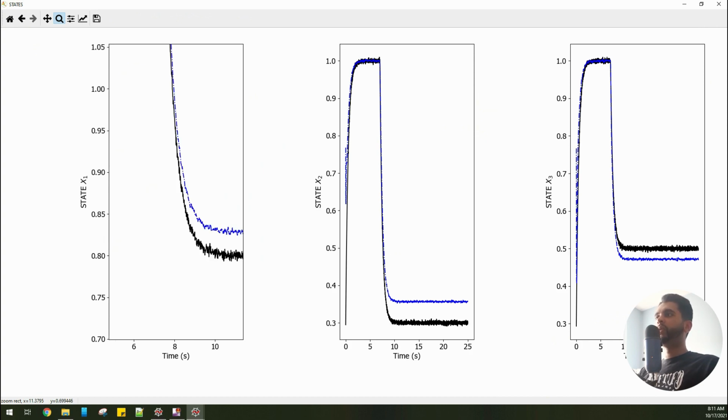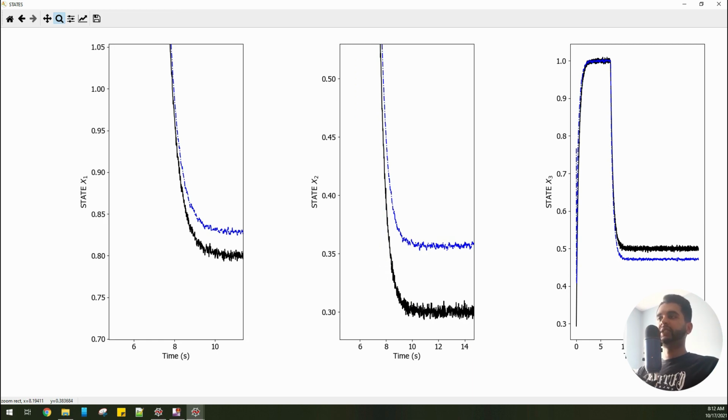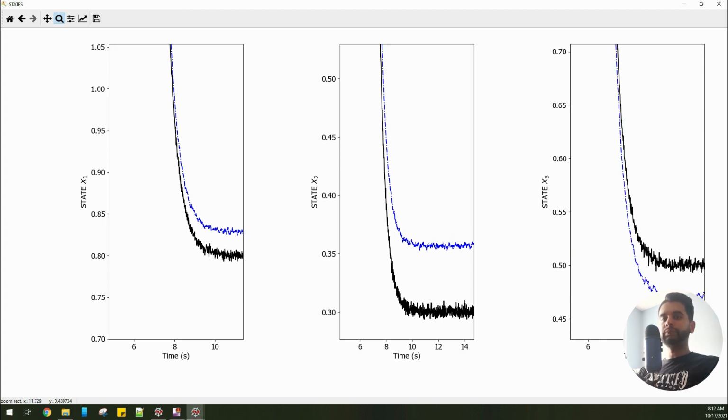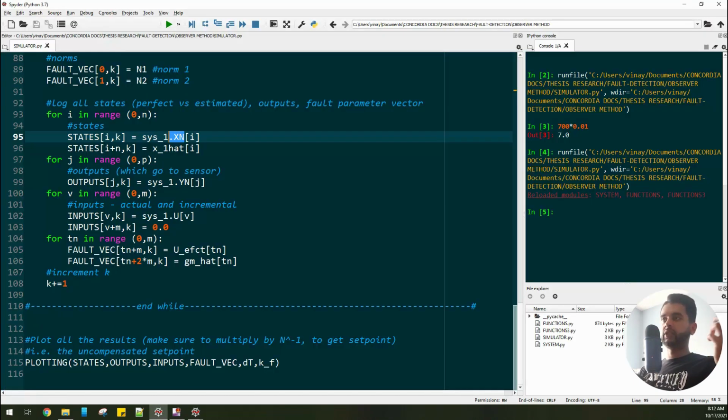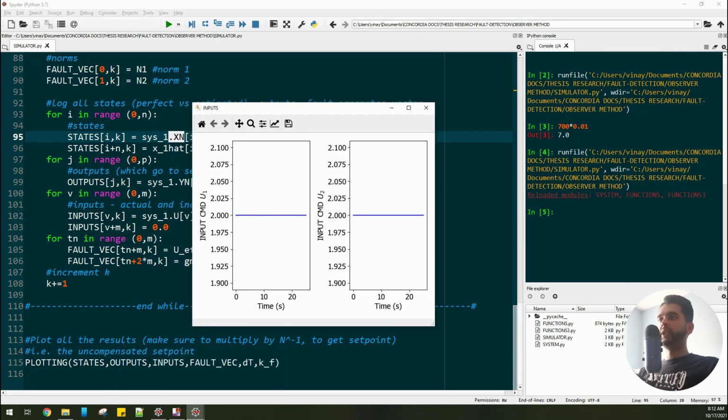You see how we can begin with the states. You see how the state estimate goes off a bit after 7 seconds because you have the fault. So when you have a fault, your state estimate will vary a bit, so that's something to keep in mind. You can see how you have a discrepancy there. It does not estimate the whole value, it goes a bit more or less depending on the input to state relationship. But that's fine because you have the fault present after 7 seconds. You can then move on to the